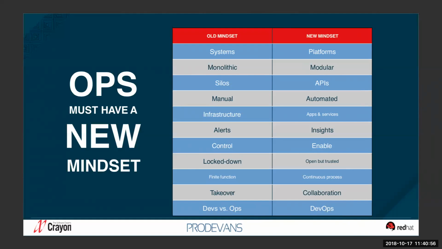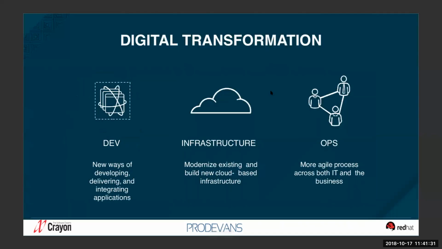Is your platform vendor lock-in, or is it open? That means even though you have OpenStack, it should not have a lock-in that OpenStack will run only on Red Hat Linux. It can run on any of these different Linux distributions, right? It should have the capability to integrate with different hypervisors, as well as Cloudforms, right? So if the right hand side is your target, that means you are actually in the digital transformation,